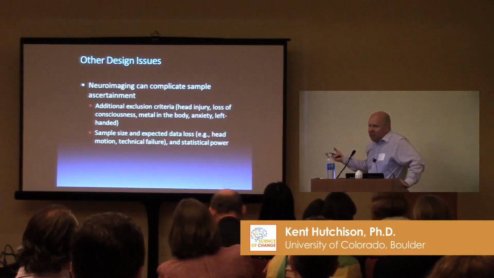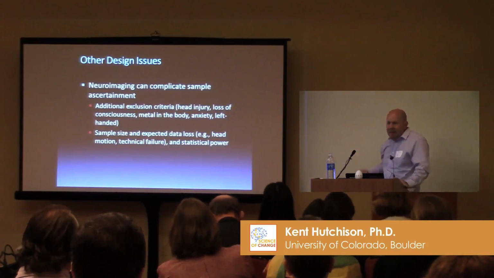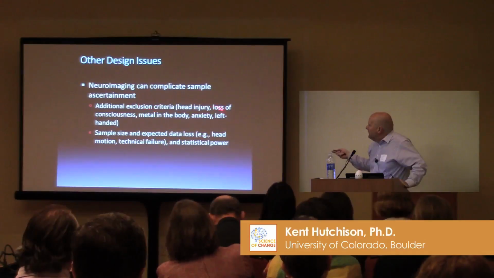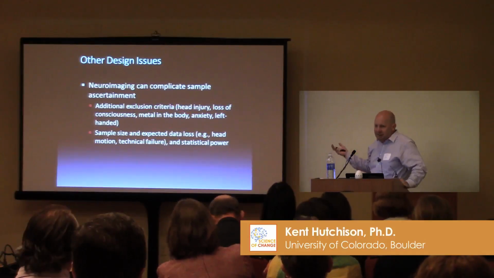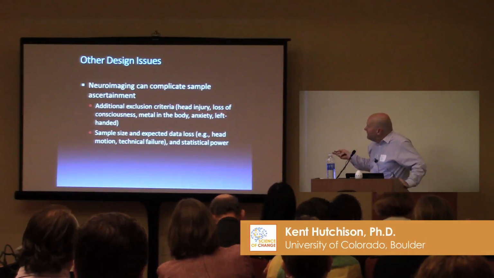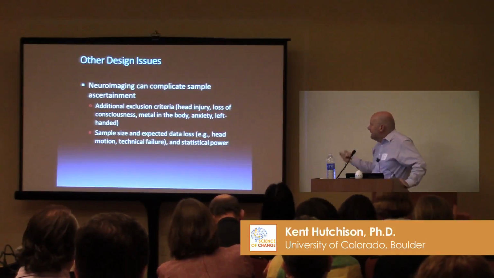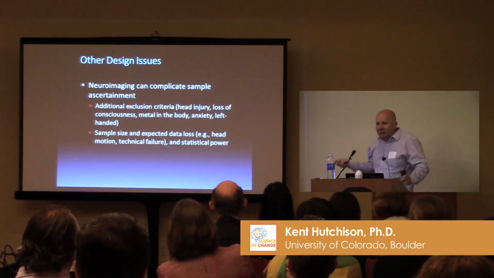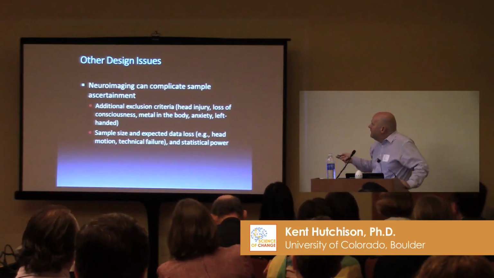Neuroimaging can complicate sample ascertainment, right? So you're going to have additional exclusionary criteria. You're going to lose people if they had any head injury, and for alcoholics, that's a fair number of people. If they lost consciousness, if they had metal in the body, anxiety about being in closed spaces. So there's a number of ways that you lose people along the way, and you have to factor that in